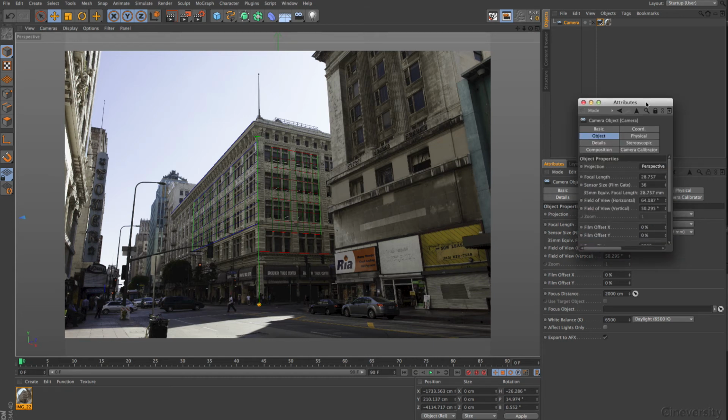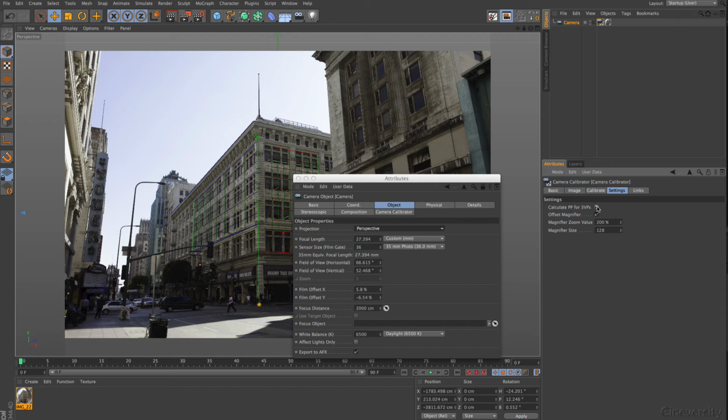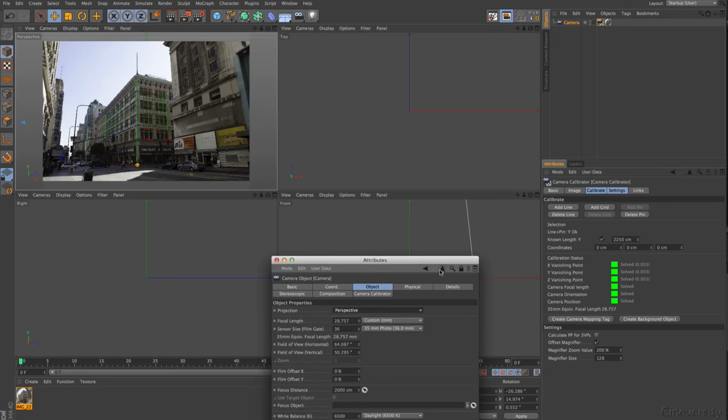So I flip this out for a moment so you can see if I have introduced some trouble or not. I go here and switch this on, and you can see 5.8% and -654%. I take a look at the calibration, and I get a different result here, 2875. I don't know. Whenever I use this lens, and I have a lot of panoramas done with it, PTGui always gives me much smaller values for my offset in this lens. So you can go with it or not. I normally don't like that. And I go with this value as well as I would go with the other one. But the key here is, and I have to take a look at the